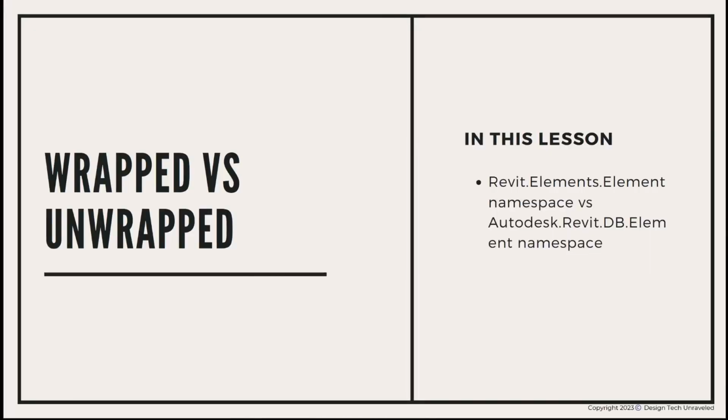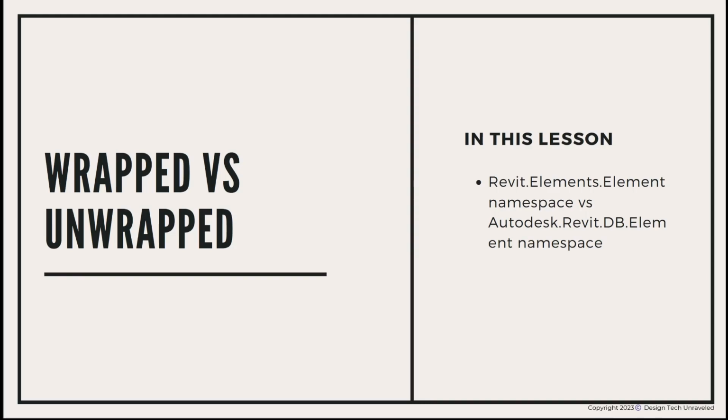In our previous lesson, we touched on the different data types as they pertain to Revit. In this lesson, we're going to reiterate that a bit more as to how it works within Dynamo. This is a concept called wrapping and unwrapping. With this concept, we are looking at a few different namespaces, so classes. We are looking at the revit.elements.element namespace and the